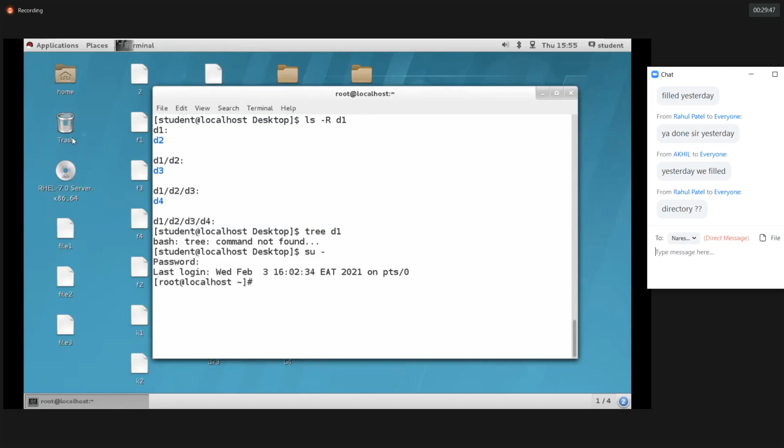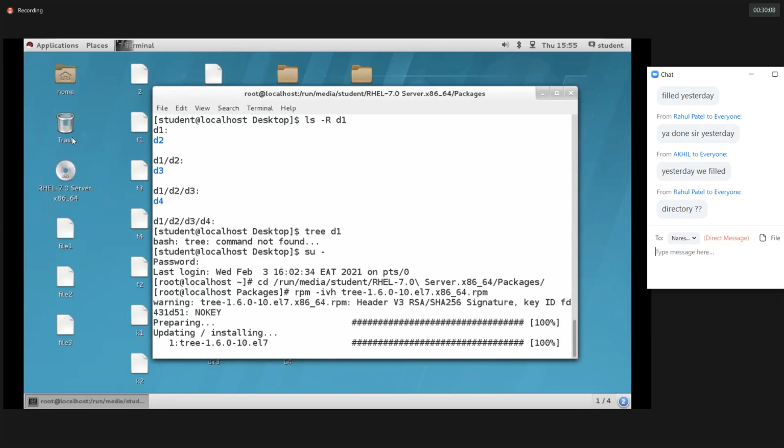I'm trying to install the tree command. Where do we need to get it from? The removable media, inside /run/media itself: rpm -ivh tree. So I'm installing this tree command. Don't worry, the installation part we'll see later.